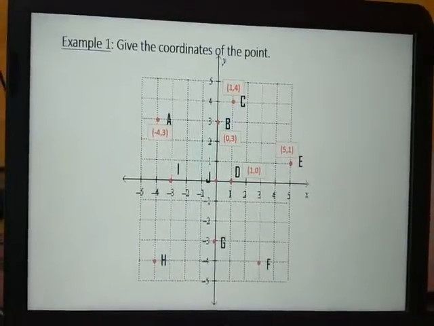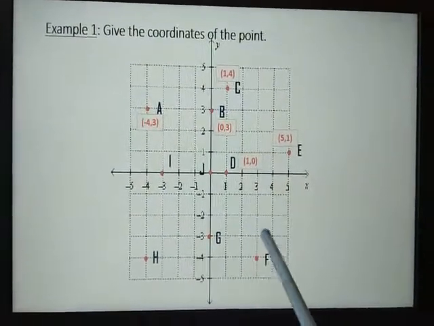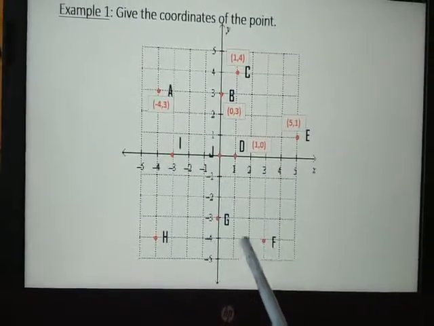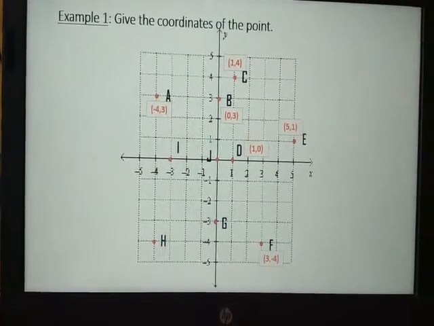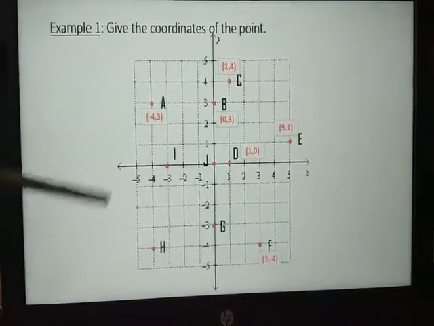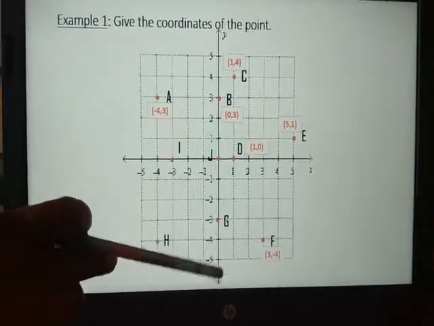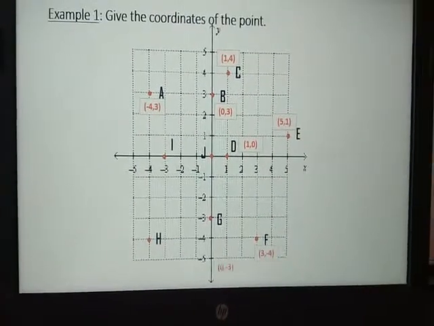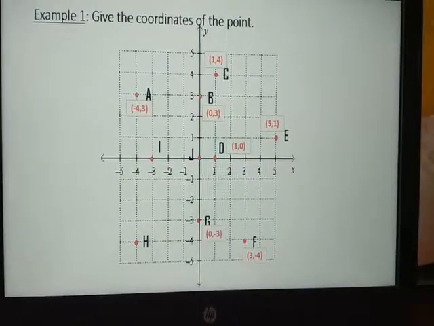And next the F point. First, what is the abscissa here? 1, 2, 3. So the abscissa is 3 and here the ordinate is minus 4. So we write 3 comma minus 4. And coming to the next point, G. Where is the G point located? It is located on the y-axis. Y-axis means x is 0, that is, the abscissa is 0. So we get the G point as 0 comma minus 3.